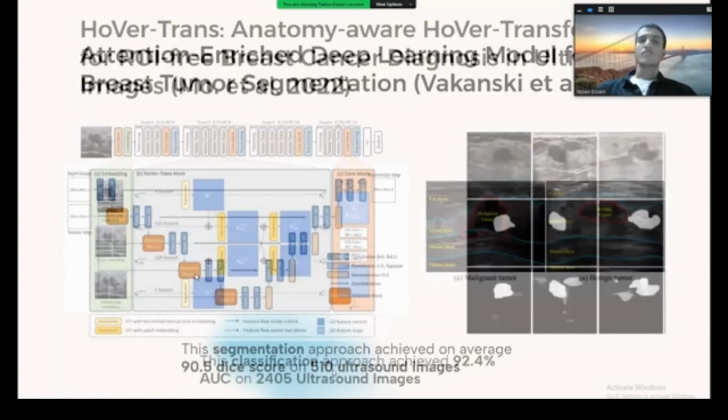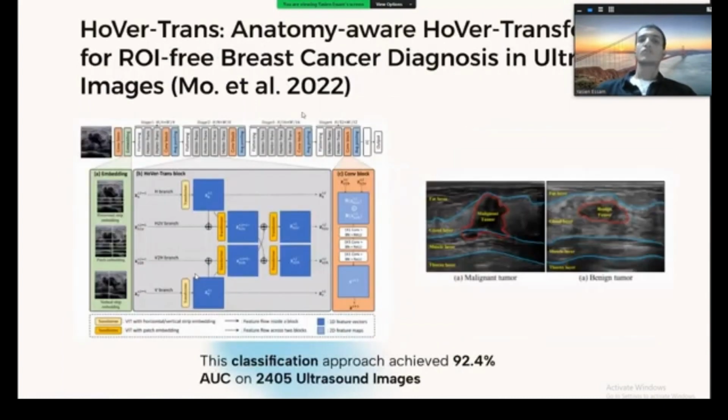For the classification, HoVer-Trans also proposed a new transformer architecture containing a vision transformer with additional patch embedding, which gives the architecture appropriate anatomical knowledge. This classification approach achieved a very high result, 92.4 AUC, on a large dataset containing